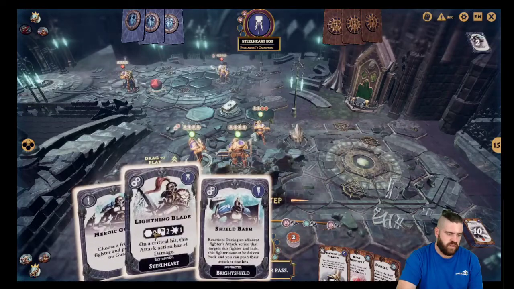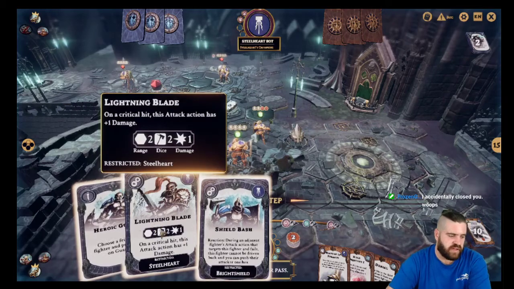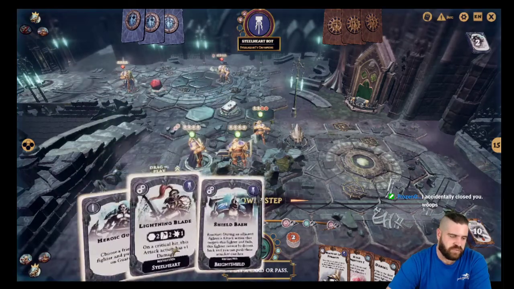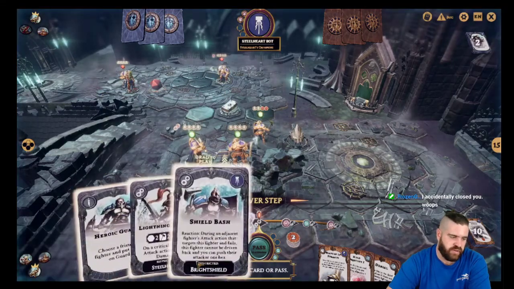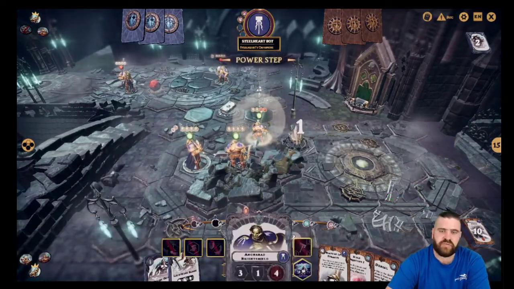Let me see here. So lightning doesn't do much damage, but it does on critical hits. We don't have anything that pumps critical hits at this point. I'm really not worried about Severin. He's still out of range of both of their enemies. I would like to put Shield Bash on Angharad, so that sort of